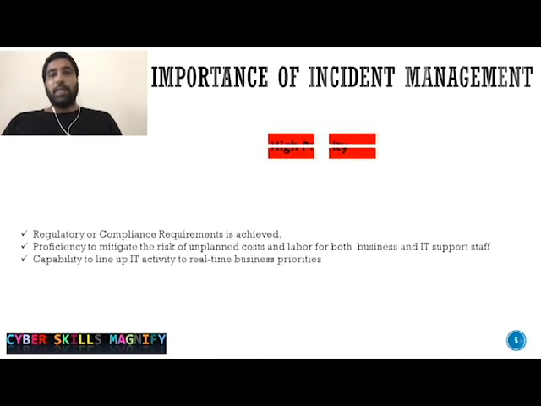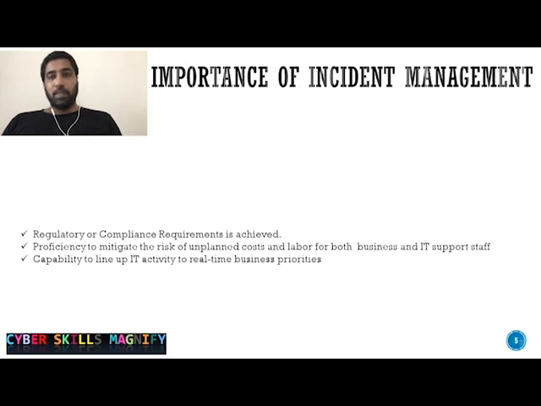Capability to line up IT activity with real-time business priority. Now, business IT alignment is a process in which business organizations use IT to achieve business objectives, typically improved financial performance or market competitiveness. There is a significant increase in organizational financial performance and project success rate when skills are